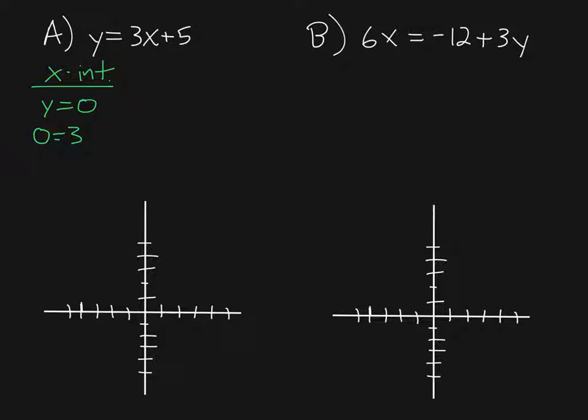We have 0 equals 3x plus 5. Now we can solve for x. We can subtract 5 on both sides. 0 minus 5 is negative 5 equals 3x. Now I can divide by 3,